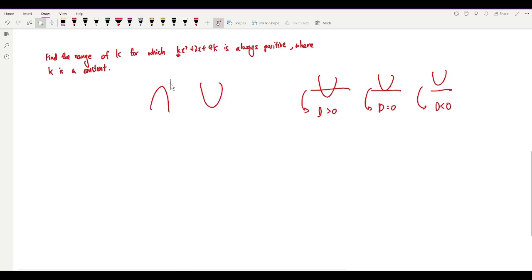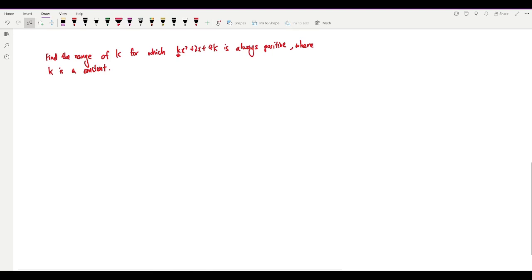So to find the range of k for which this equation is always positive, where k is a constant, first, you need to recognize that this is a quadratic equation, right? Which means it will look like a curve. I hope you understand how to distinguish between linear graphs, quadratic graphs, cubic graphs and other graphs. So just very quickly,